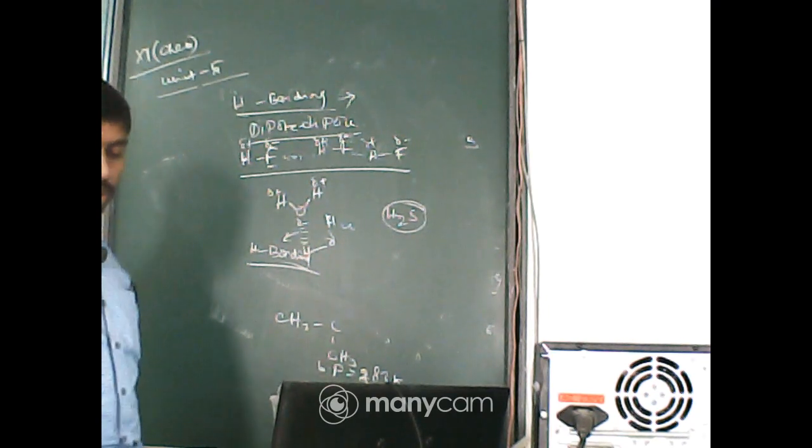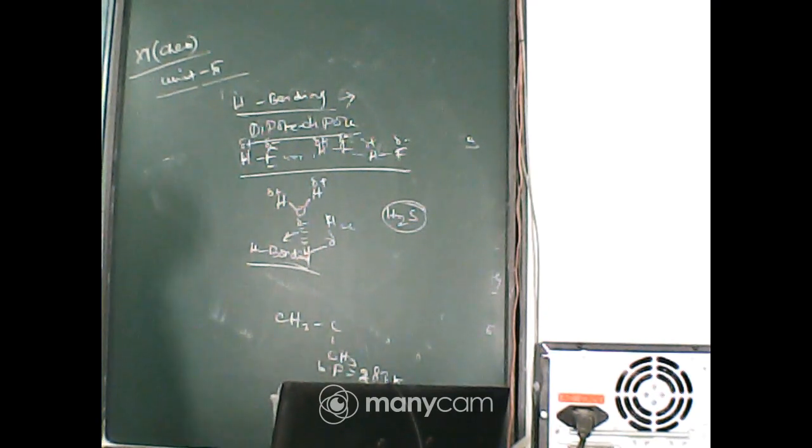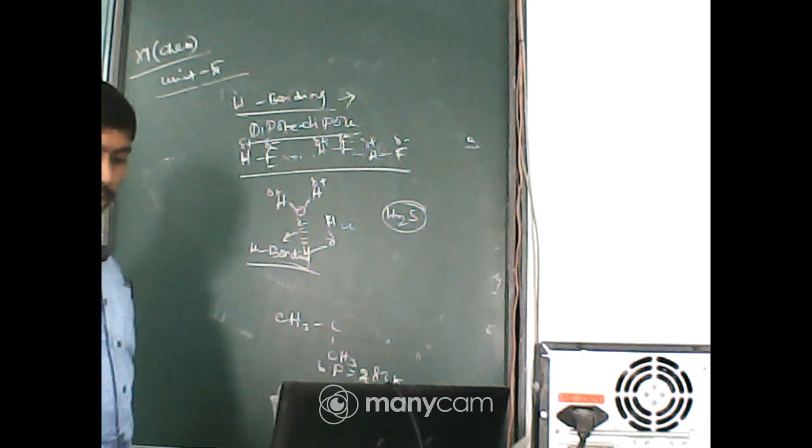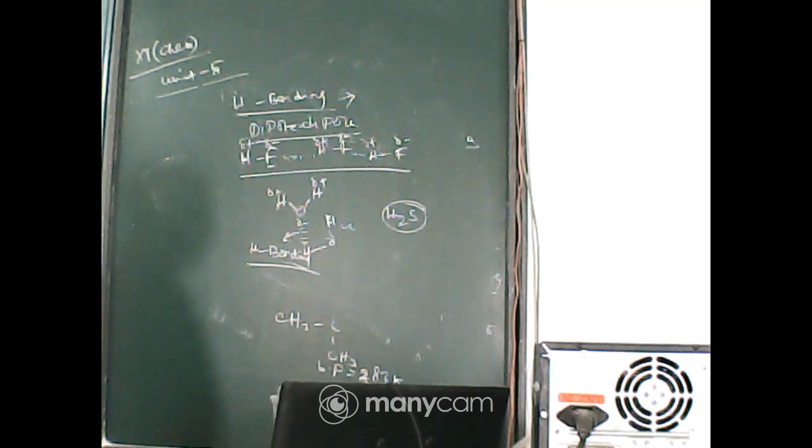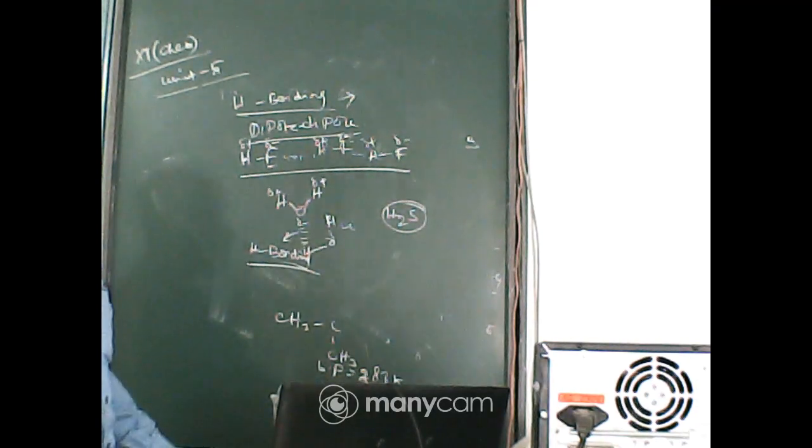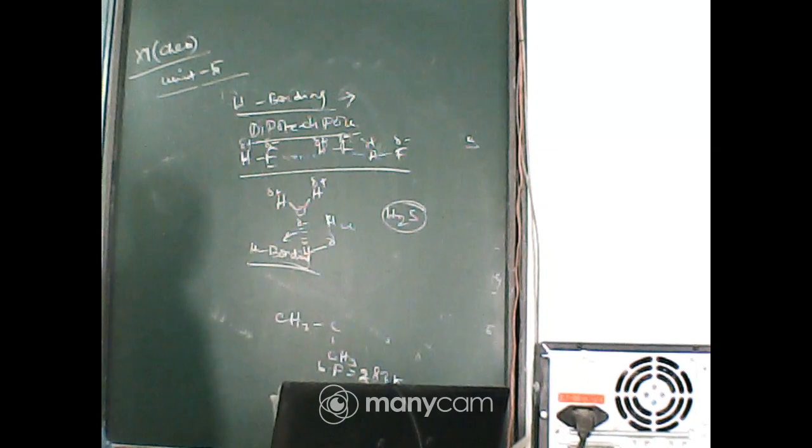Okay. So, this is about interactive forces between the molecules. Next one is the states of matter, that is, the impact of thermal and intermolecular interaction on the states of matter. Applying thermal conditions, that means increasing the temperature, we will make the conversion of one state to another, and